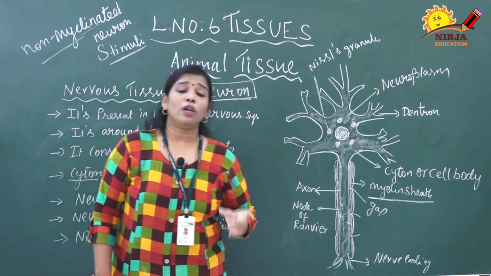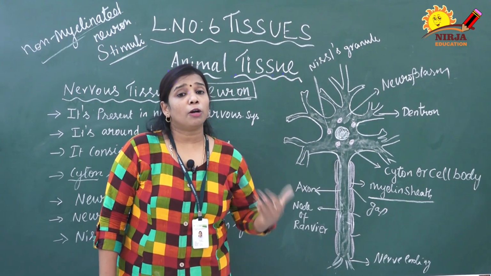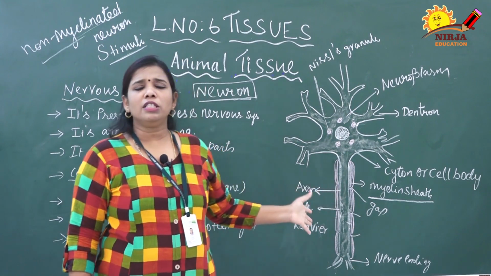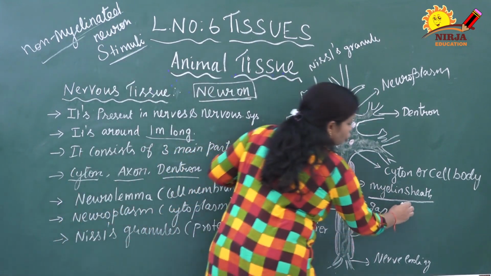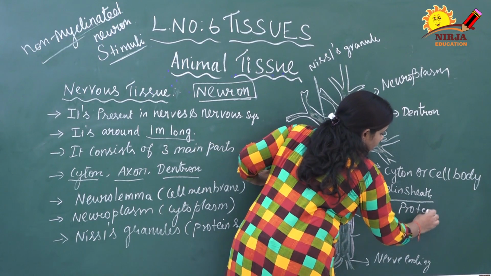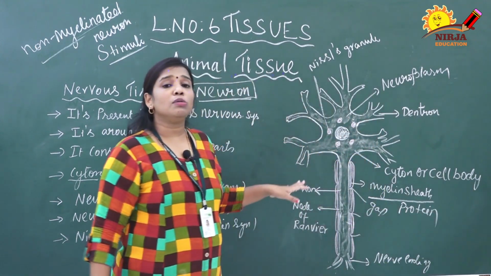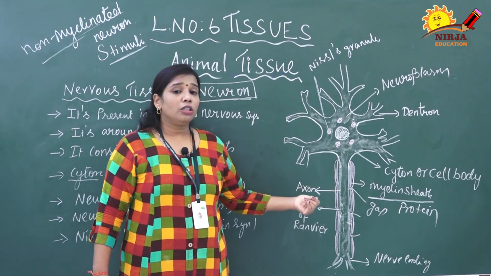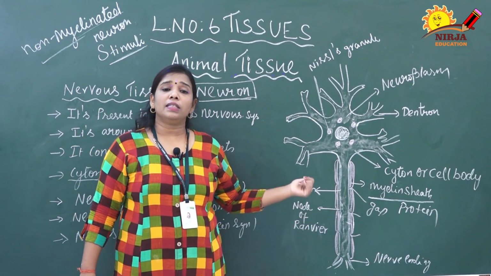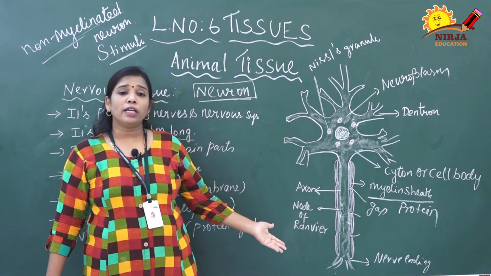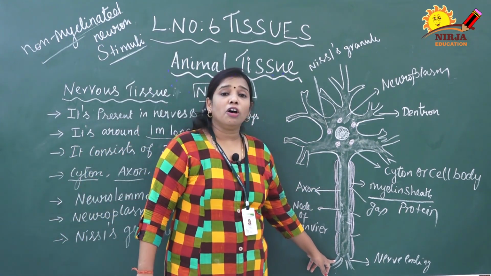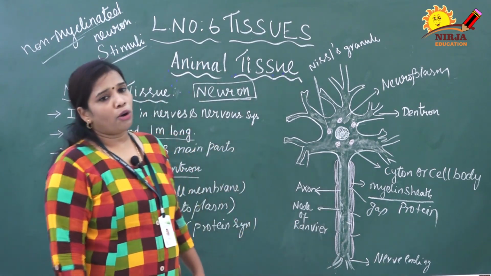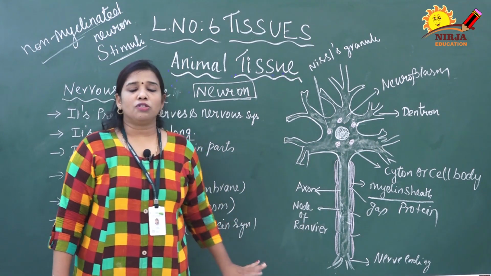The axon is a long, narrow tube-like structure. It is covered by neurolemma, and some axons are covered by one more coat called the myelin sheath. Myelin is a type of protein material, and it helps to insulate or protect the neuron. The myelin sheath has some gaps on the outer surface, called nodes of Ranvier. The final portion of the axon is called the nerve endings, which help to attach to the surface of the body. This is the main structure and function of